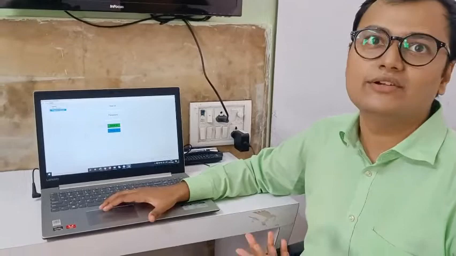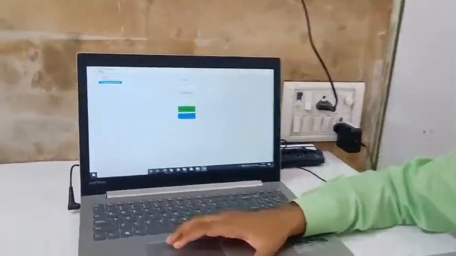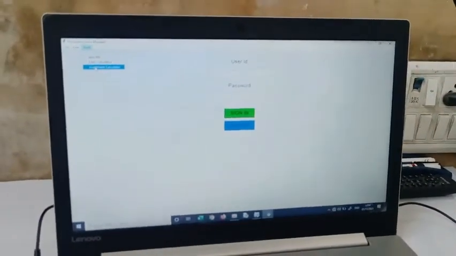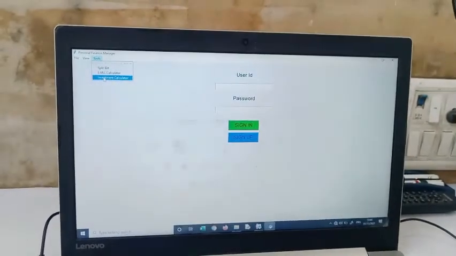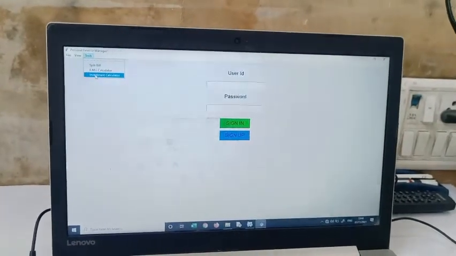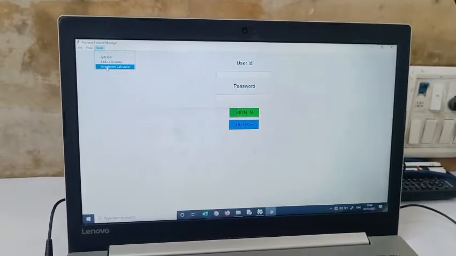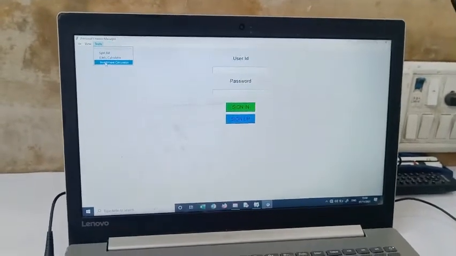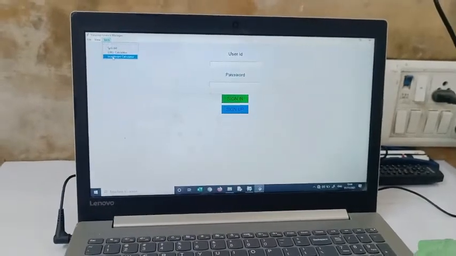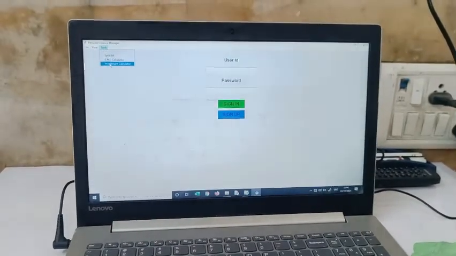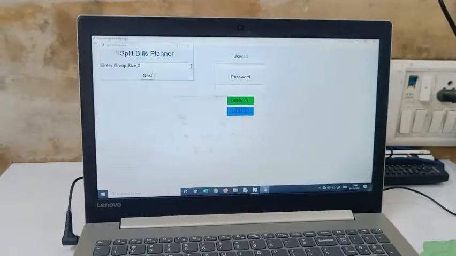And the investment calculator. I have divided this into two parts: the SIP calculator and the lump sum calculator. With the SIP calculator, you enter how much you want to invest monthly, and it will show the total investment amount. The lump sum calculator shows how the amount will grow once you have invested it. So, going into the split bill.